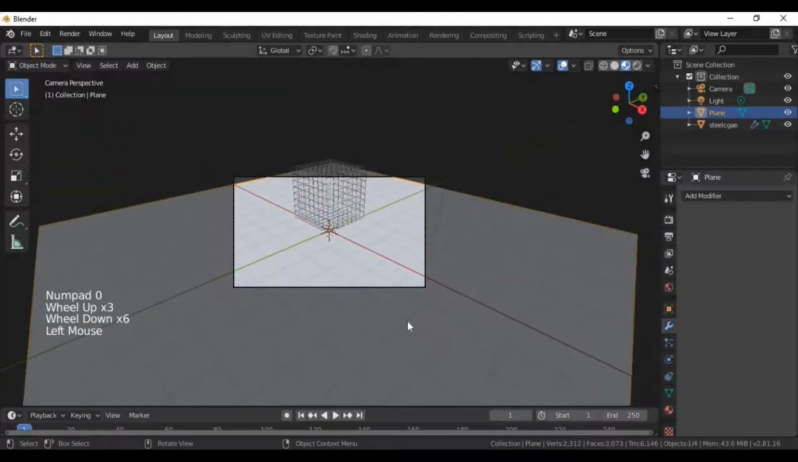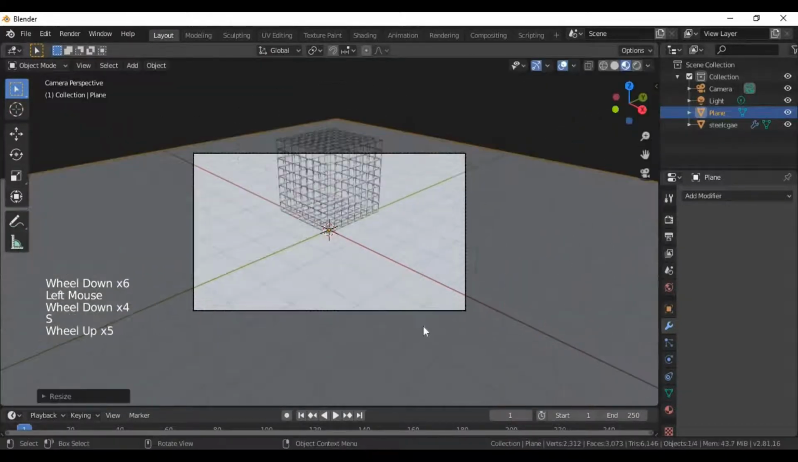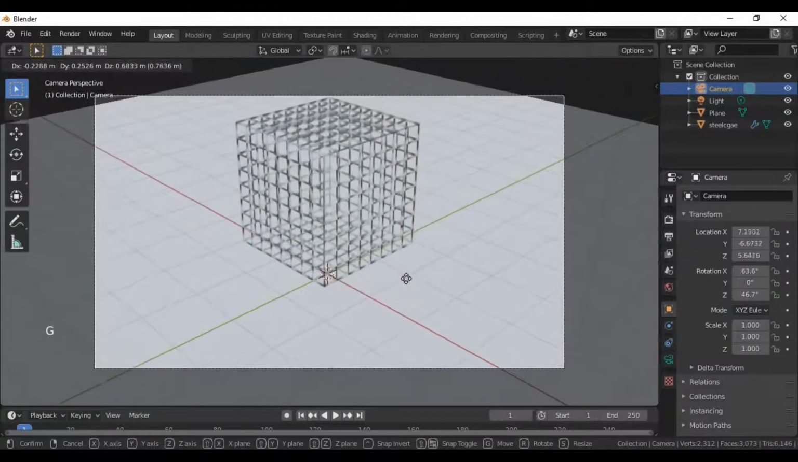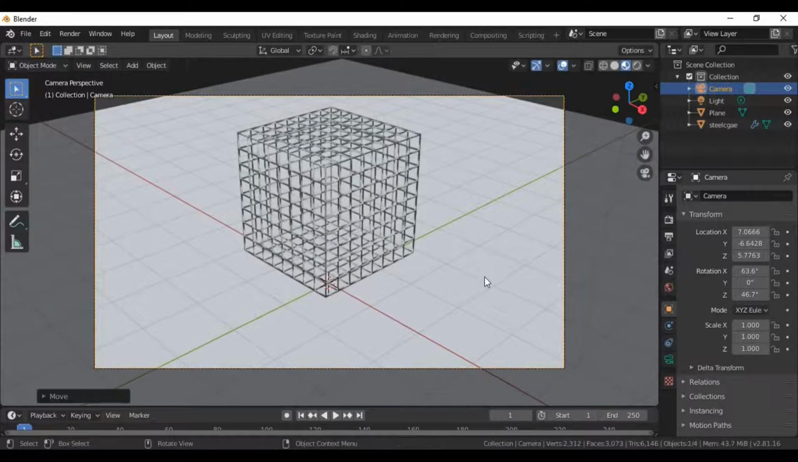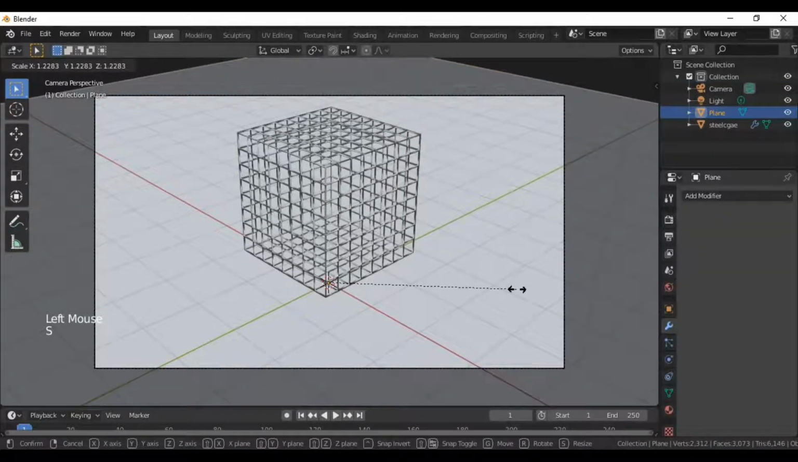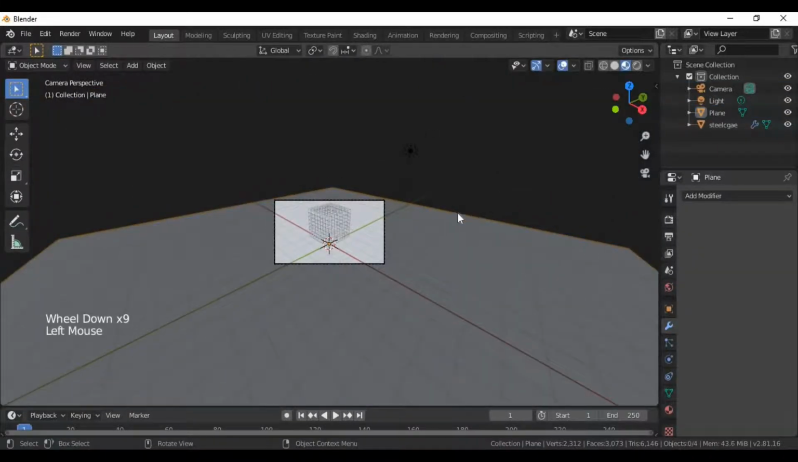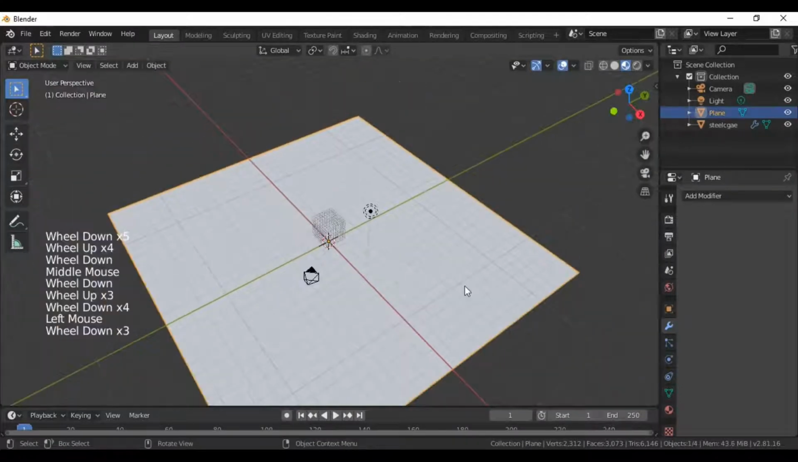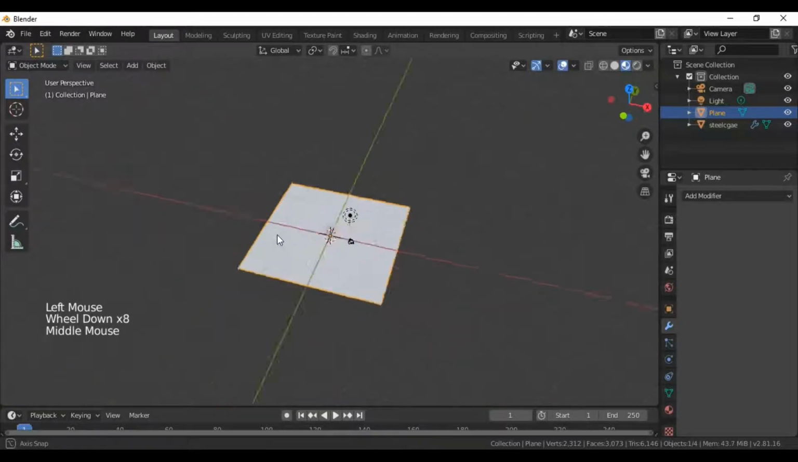Okay, now we need to scale up our plane more. Grab your camera up slightly and scale your plane a bit more again, and there you go. Now we have our scene. Now our plane has no material for now, but don't worry, we will add